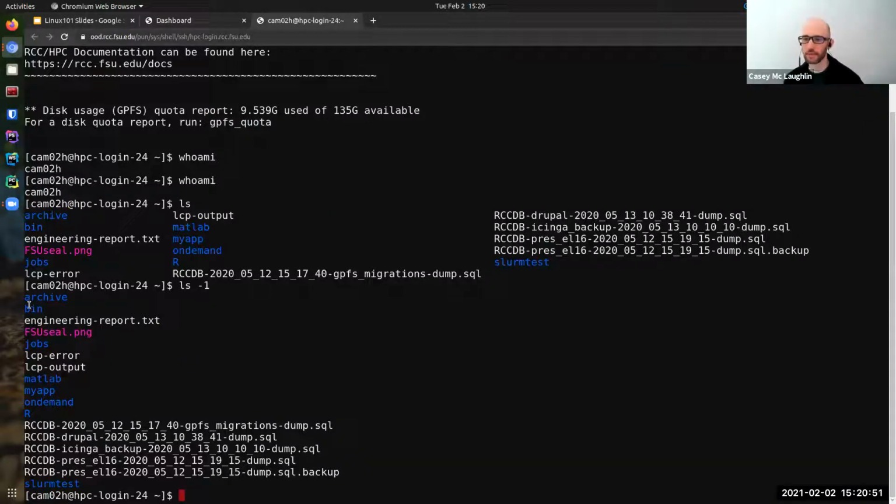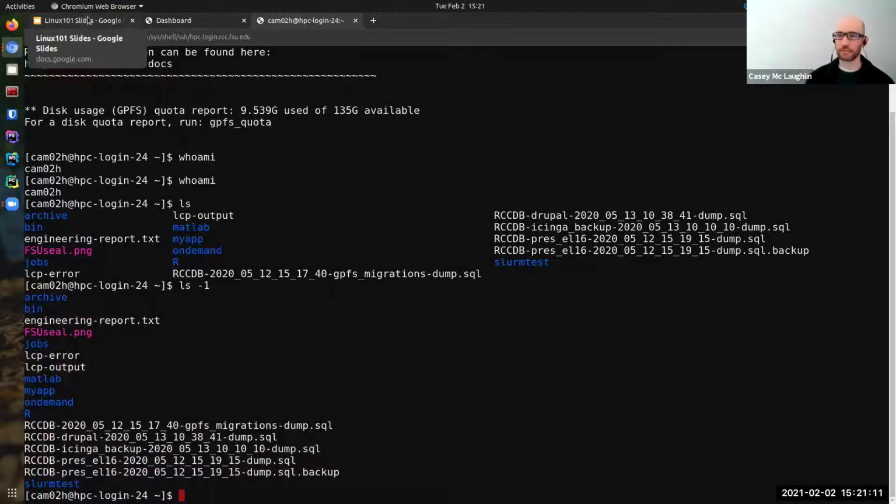It prints everything on its own line. So that's particularly useful in some cases when you want the output to be on a single line, but we'll get into that when we get into piping in part 2 of this workshop.